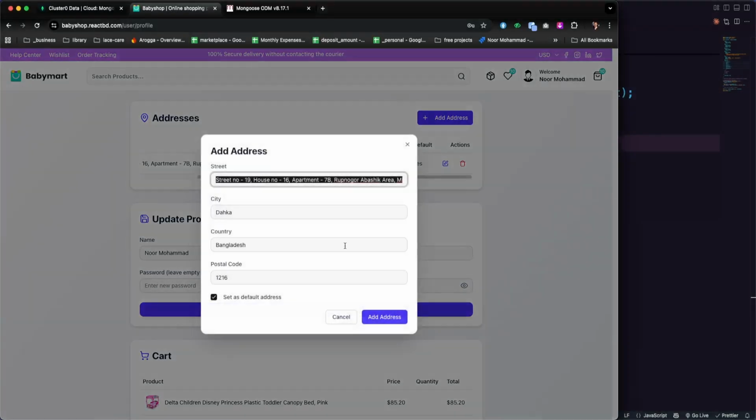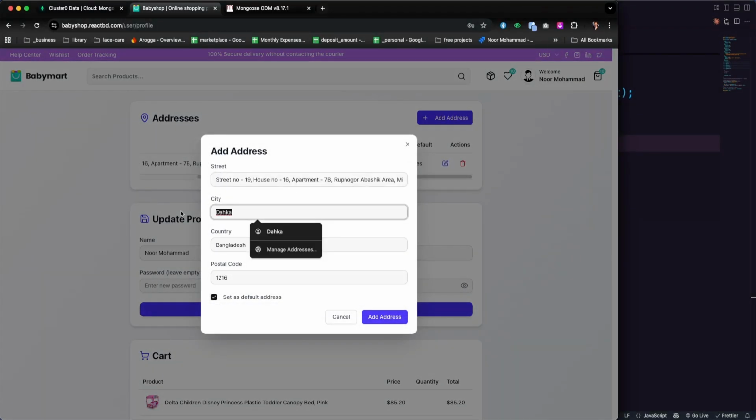So this user can have multiple addresses. I don't know if this is having the access or not. So this is the add address parameter. So let's say,